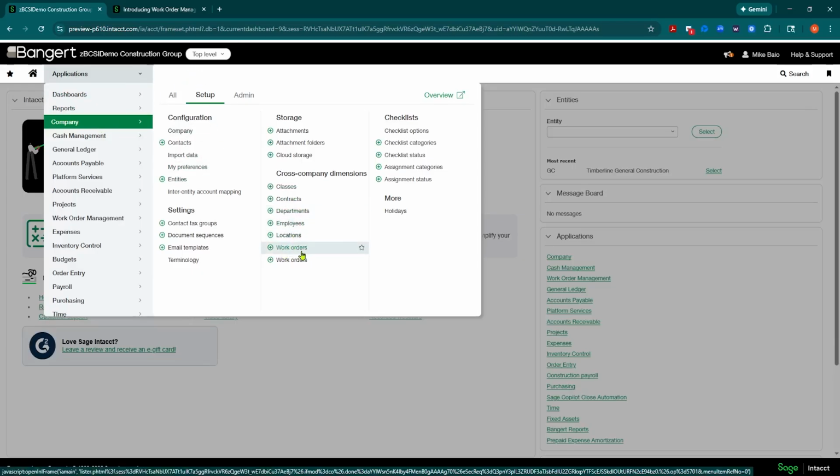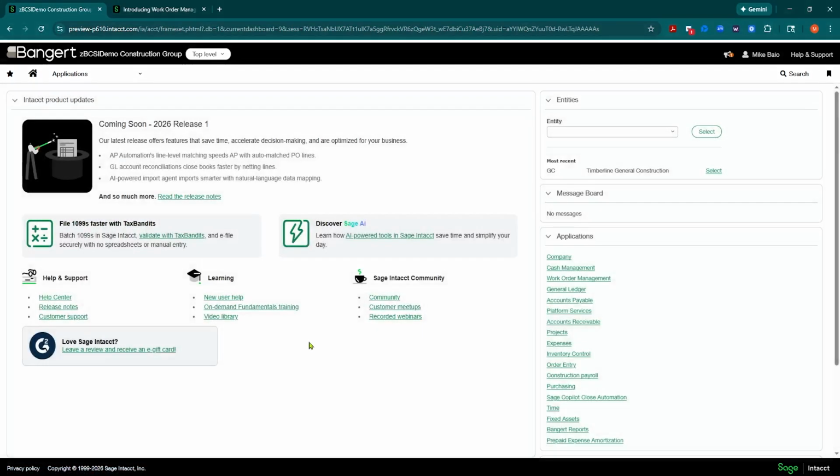And it will also be available during all of the document entries to code to that work order dimension in Intacct, which will then make it available over in the general ledger transactions and therefore can be reported on in your dimensional financial reporting over in the general ledger. So for more information on it, please check the release notes up in your homepage here in Intacct.